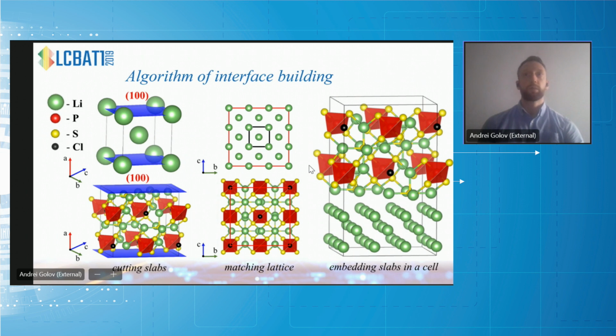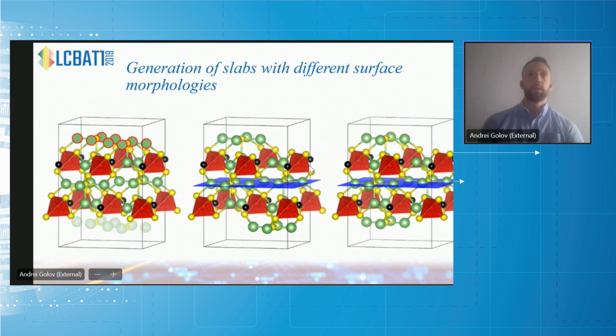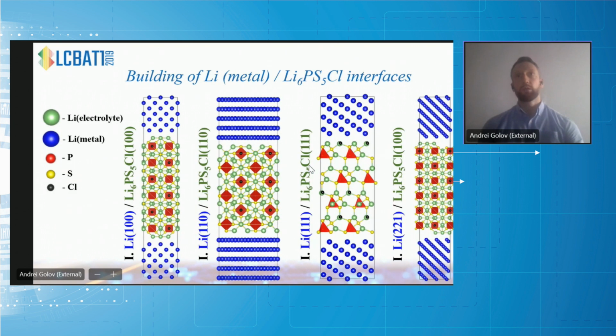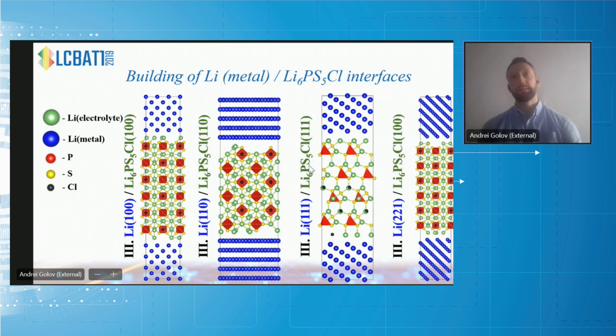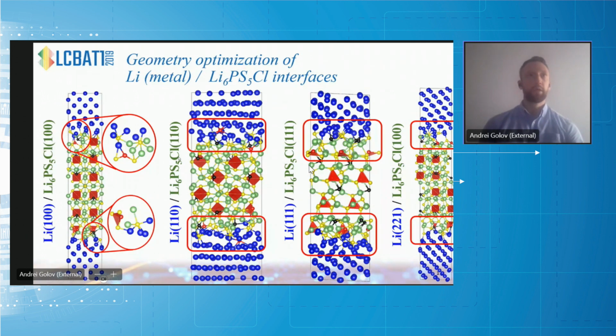The generation of interface models has been done using a lattice mismatch algorithm to study the effect of surface morphology on interfacial properties. Additionally, we generated models with various electrolyte slab terminations. In total, we got 12 interface models with 4 unique, symmetrically distinct crystallographic directions perpendicular to the interface and various electrolyte slab morphologies. According to the results of the DFT calculations, the argyrodite solid electrolyte is not stable in contact